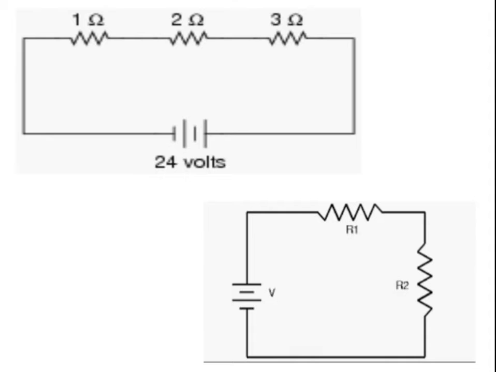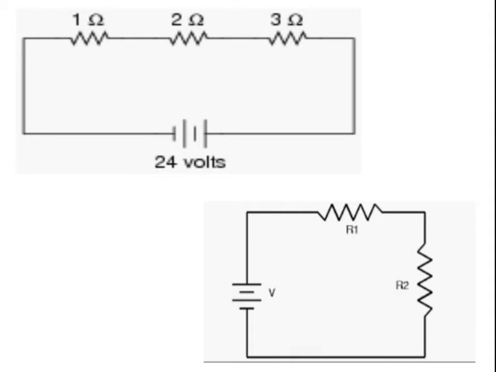As you can see in the 1 ohm and 2 ohm resistors, one end of both these resistors is attached to each other, and the other end of these resistors is attached to the opposite ends of the battery. Fine, this is exactly what happens in a series circuit. In a series circuit, there are two resistances, right? For simplicity I'm saying only two resistances, so that you can understand it very easily.